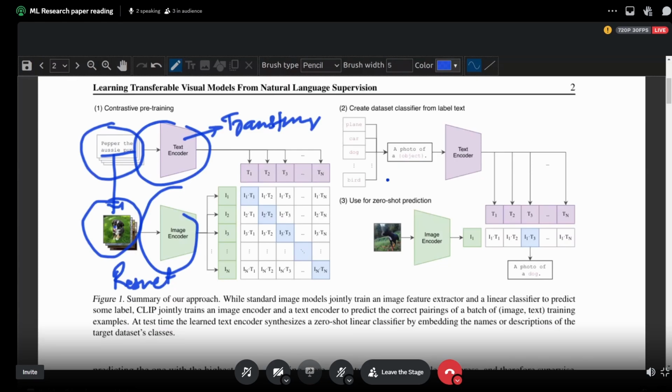But the overall thing is that we are using a transformer. Generally for images we prefer ResNet. It basically encodes and creates different embeddings. If you see here, they come out as different embeddings I1, I2, I3 to IN, and the same with T1, T2, T3